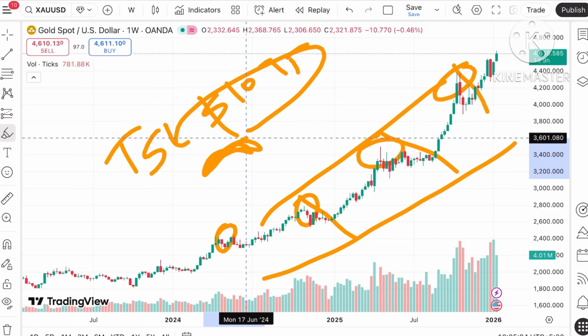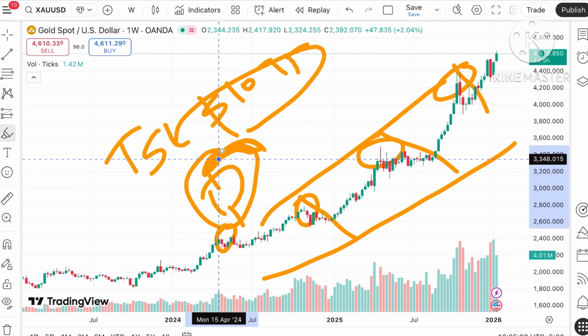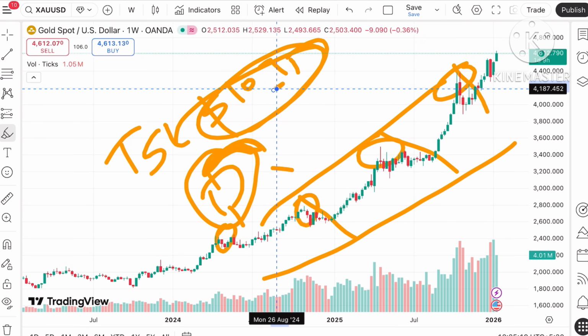But once it starts stagnating and makes a red candle, then there is a probability of a 2 hour candle or some candle, a 15 minute candle, depending on how you are trading. So if it starts coming down, trail your SL downside by $10 to $15, so at least you will capture a